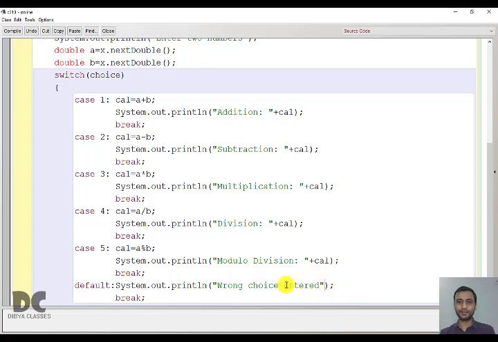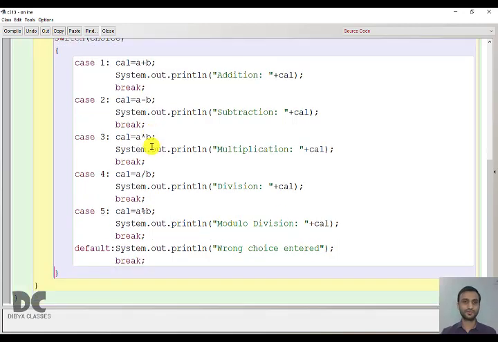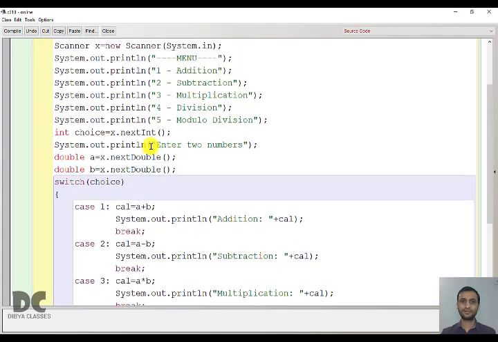Many people write wrong input entered. It is not called a wrong input. Wrong input means in int you are taking string. That is called a wrong input. Here you have to write wrong choice. Then break, and this is the end of switch. Clear? Program is done.